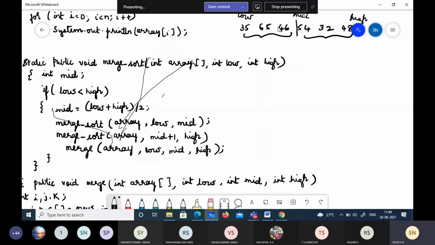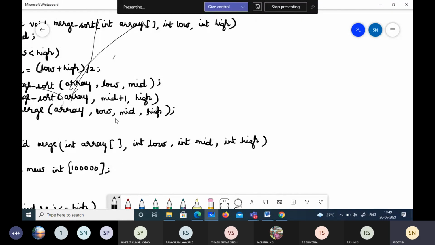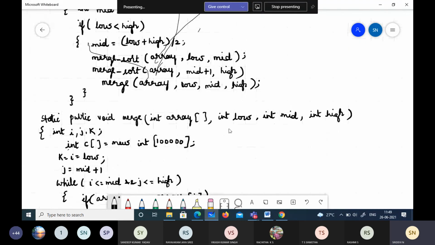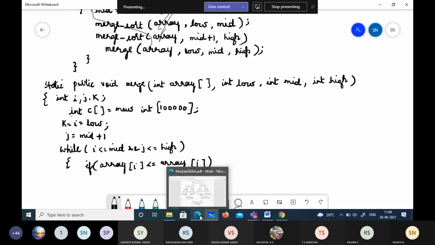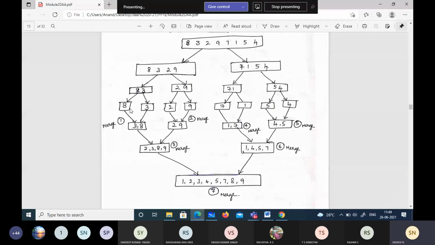We have just divided this, assuming that we have divided. So what do we do next? That is done by using these functions, merge sort, merge sort. We will just divide it, and after that, we have come to merge, right? So we'll compare u of i and u of j. Then whichever is smaller will be copied onto the C array. So merging one single element happens.